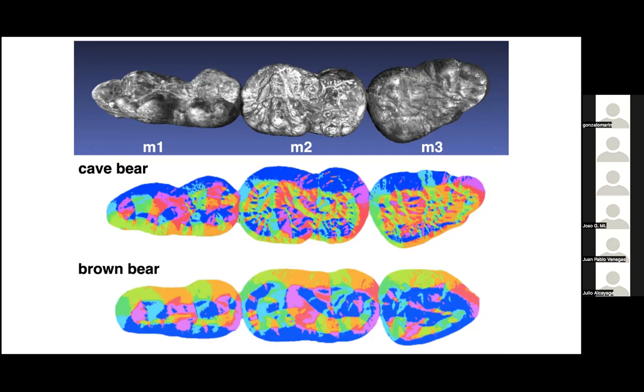Polar bears are carnivorous, brown bears are omnivorous, cave bears are presumably herbivorous, so presumably eating plant material because the teeth are so complex. That's generally the pattern that follows. If you have a carnivorous diet, then the teeth are usually simpler. And with teeth like this, they're so complex that it would lead you to think that they are most likely herbivorous. And there are other types of data that also support that, like isotope data. But the project that we've been working on is looking at this complexity and quantifying it and analyzing it from an evo-devo perspective.